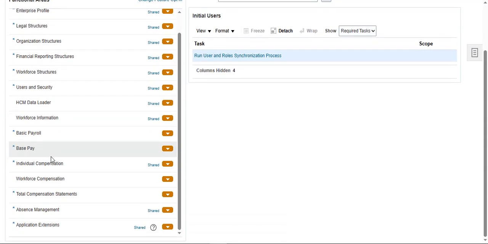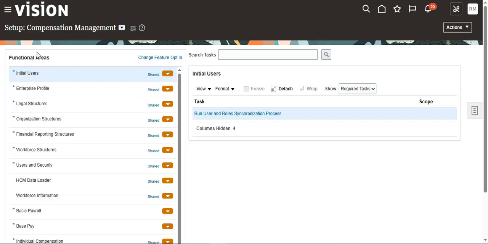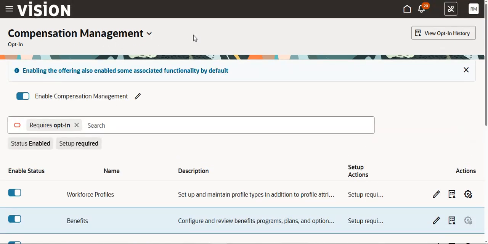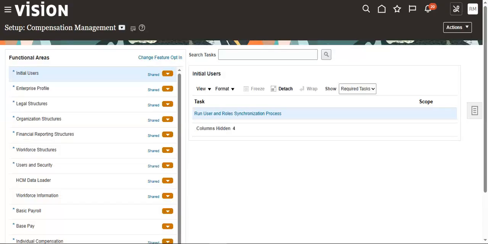See, the benefits functional area is not showing here because the functional area feature is disabled, right? So whatever is enabled or disabled, you can opt in here. So now I can enable the benefits functionality. Okay, so these are the offering system,